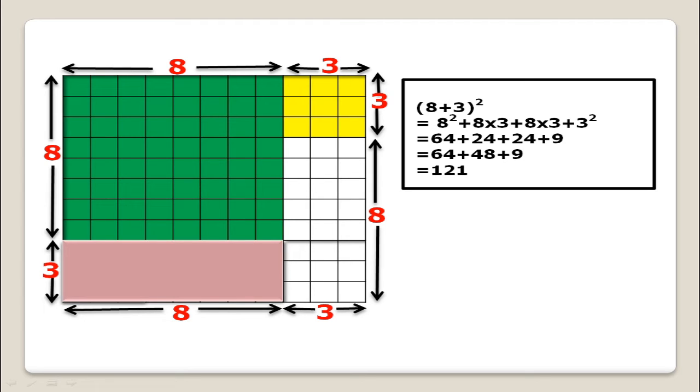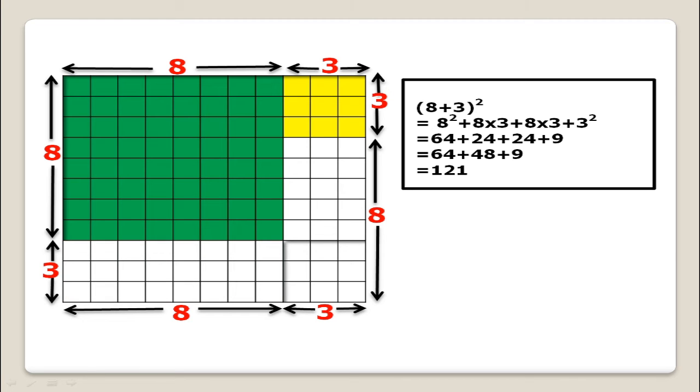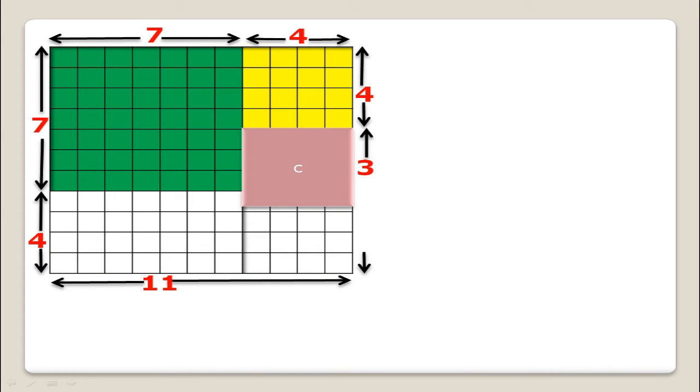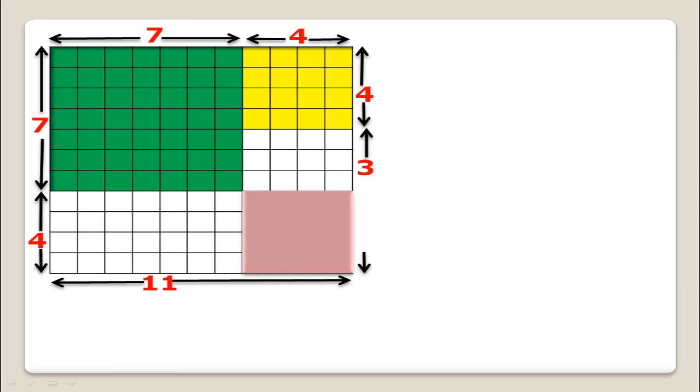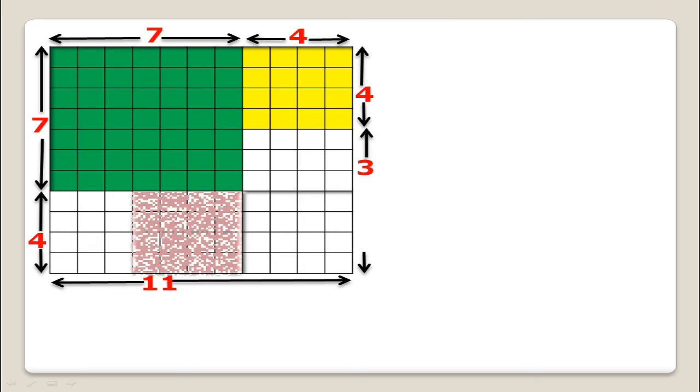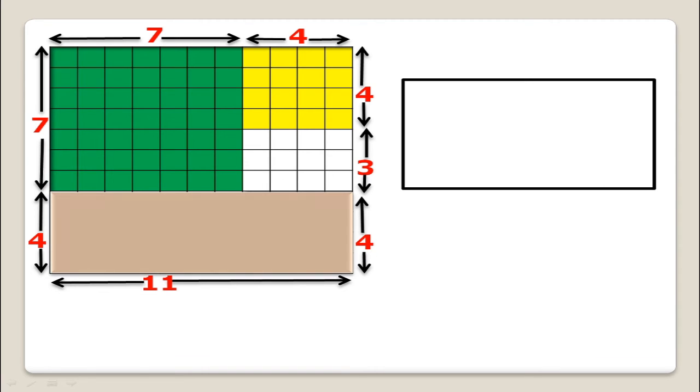And we can sum it up: square of a plus square of b plus twice of ab, two rectangles which are symmetric, both having the same dimensions. So in each case we have the same expansion and we are getting our requirement. But if we change its configuration to two unsymmetric rectangles, here you can see we have three variables on the right side of this square. So geometrically this configuration we don't consider.